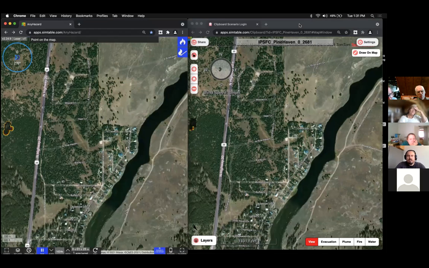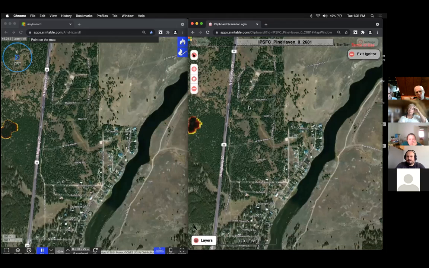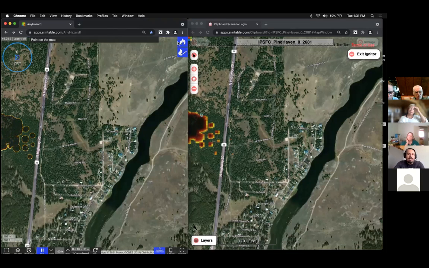And what I'm going to do over here in this window is go to the fire module and then click igniter. Now, on this side of the tool, I'm going to start adding spots with the igniter. And you can see those spots starting to form over here on the left. Do you see those guys coming in? Yeah. Okay. And so this is a nice way to introduce spots on an incident